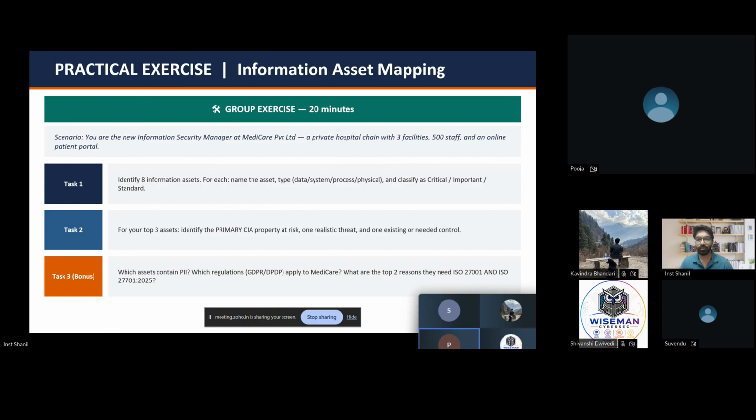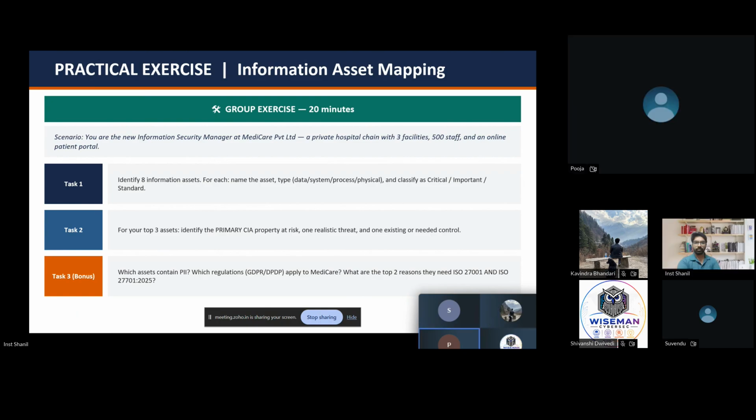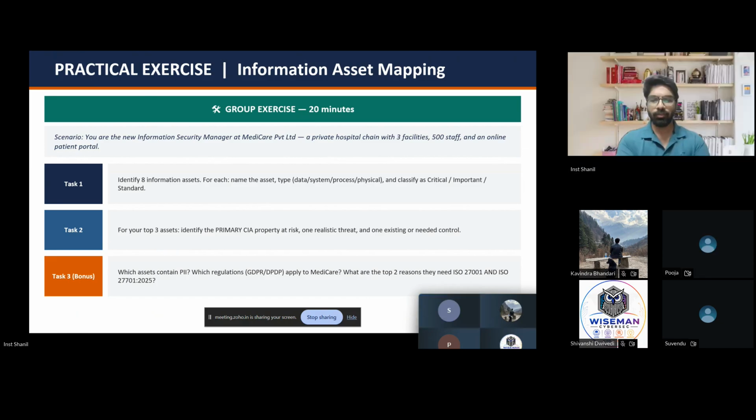And data center also. So data center gets covered in the servers, which Wendu has told. Data center comes into the physical control, I think. Yeah, servers are always physical, even if we access them through cloud, but servers are located physically. So servers and data centers are one thing. So we have servers and we have HR records or background verification records. Anything else? There are a lot of information assets you can think of.